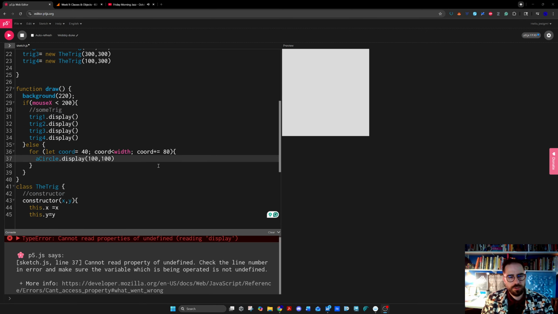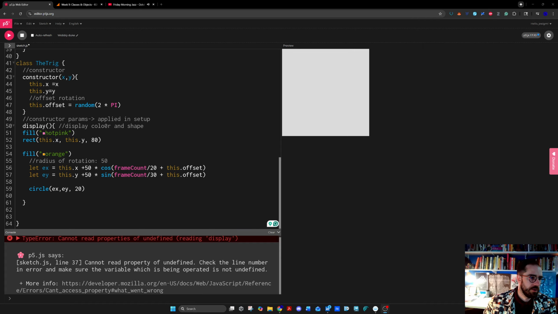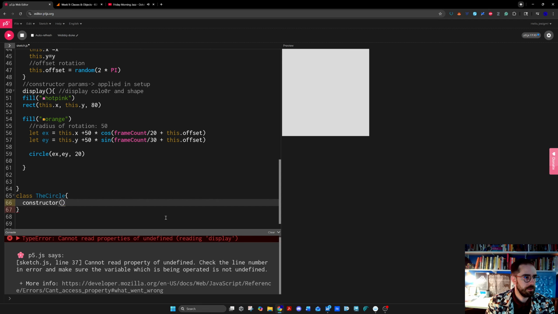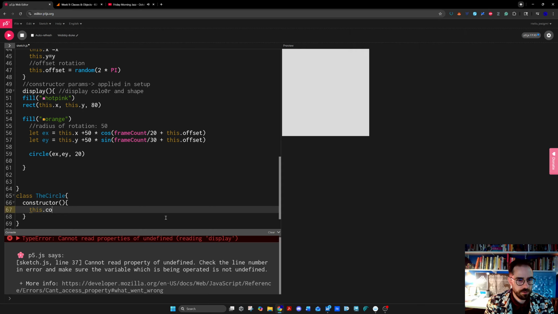And we can give it definition through a circle class. So let's go in here and make a little circle class. Why not? Give it a little room. Class Circle. Constructor. There we go. And I'm not going to do any fancy parameter stuff with this one. We'll just keep it simple. We'll just say this.color equals color